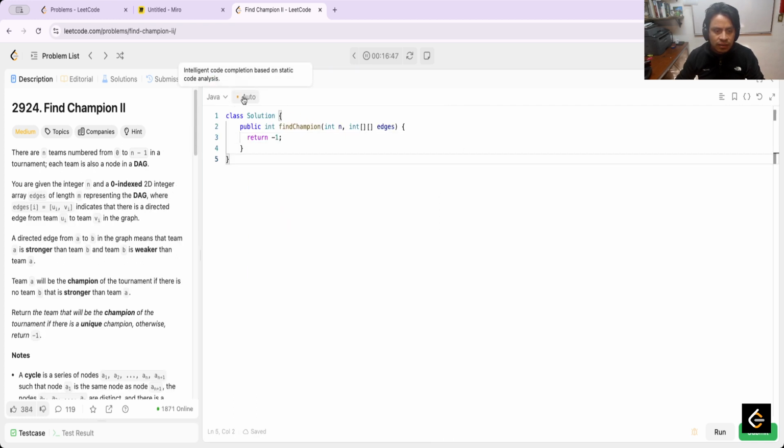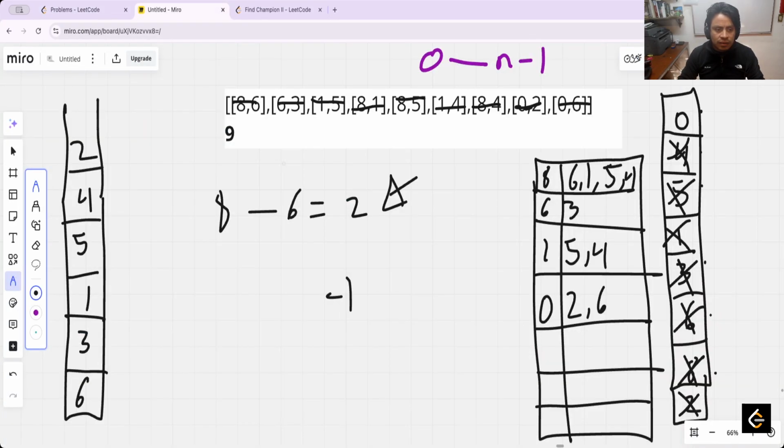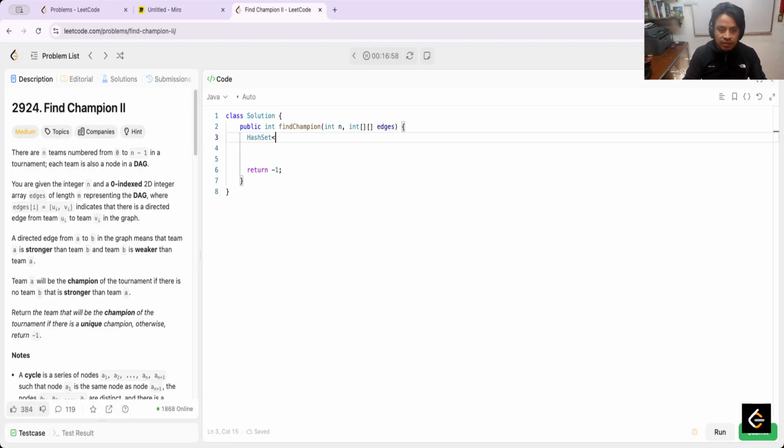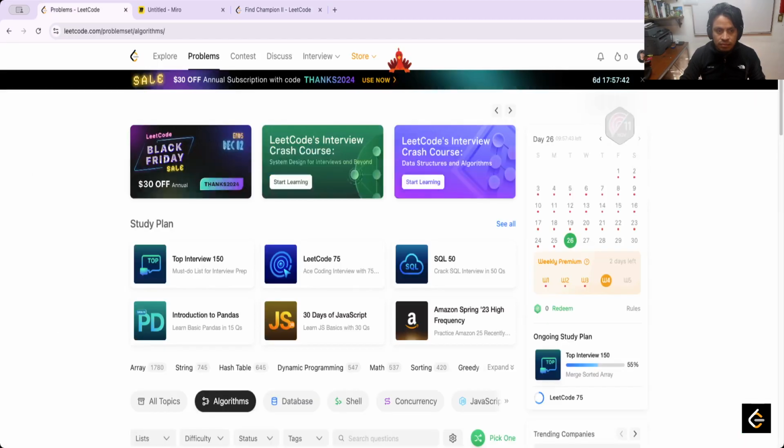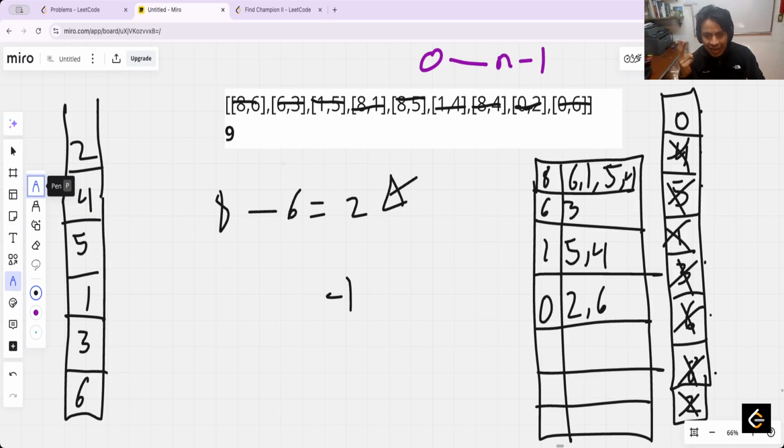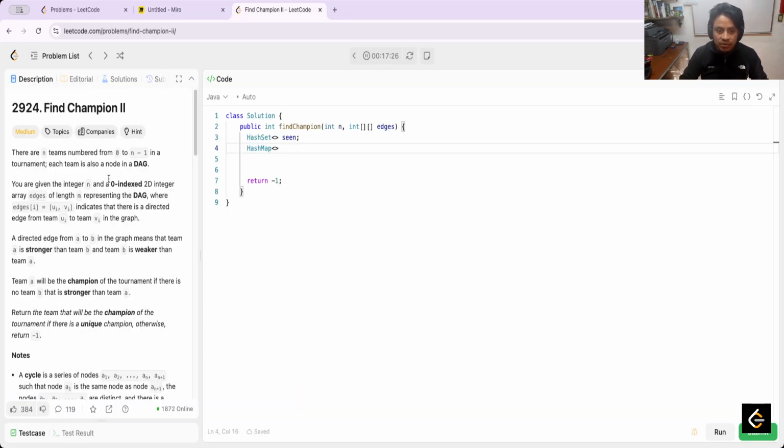Now here we need a hash set and a hash map, only 2. Hash set seen, hash map. You know what, I need 2 hash sets. The first is to know how many elements I have in the list, and this is the elements that have been discarded as a part of the result. This case is